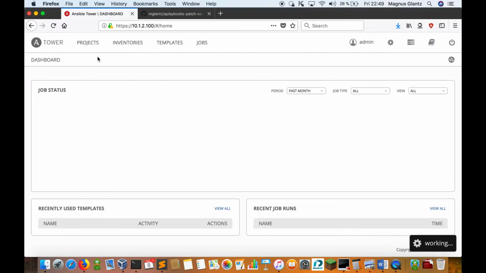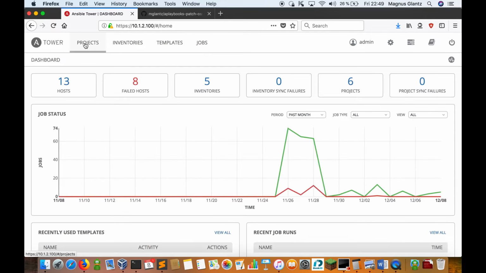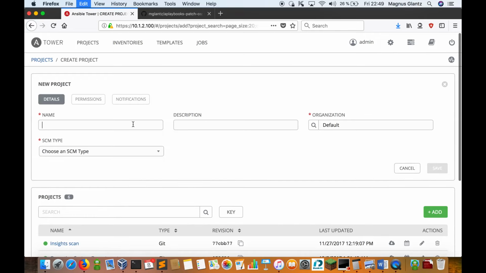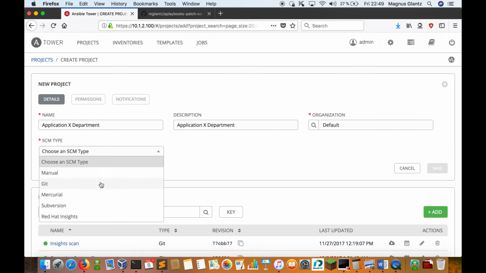So let's imagine that we did have a system, and it consists of multiple pieces. So likely the operating system department don't want to share a Git repository with the other teams. So I'll create here an application X department